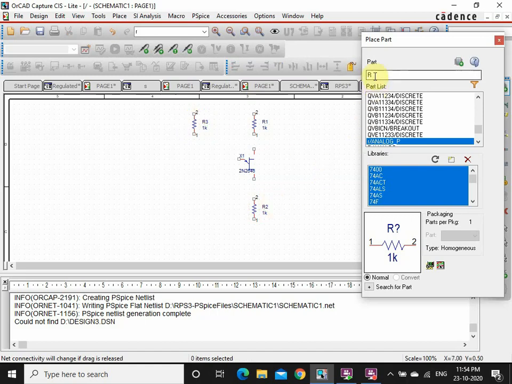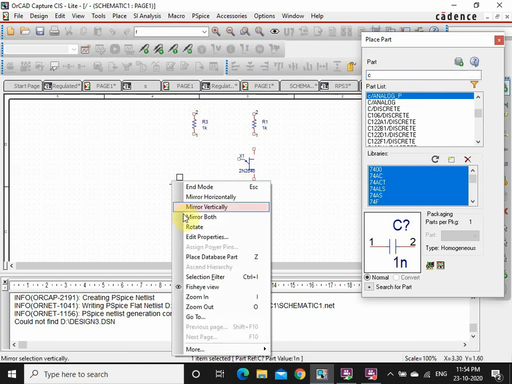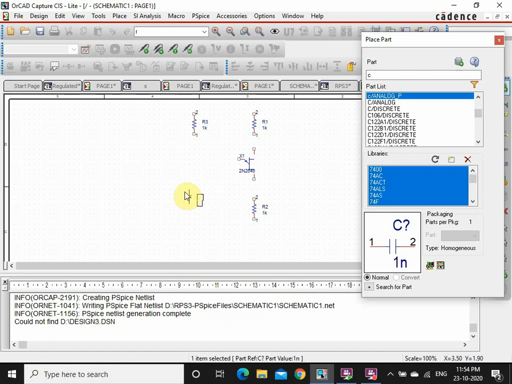Next is your capacitance. So capacitance you are going to take, select it, again rotate that capacitance and place it here. So escape.